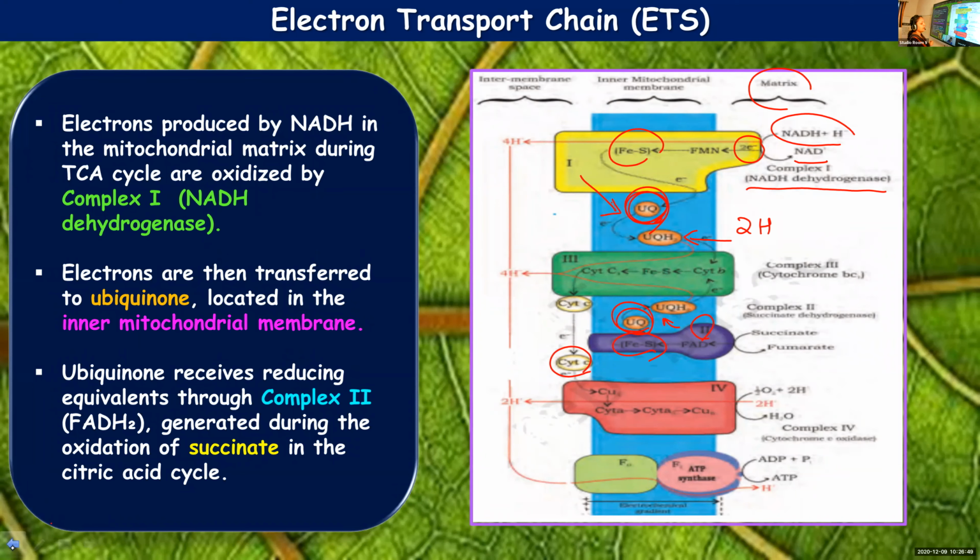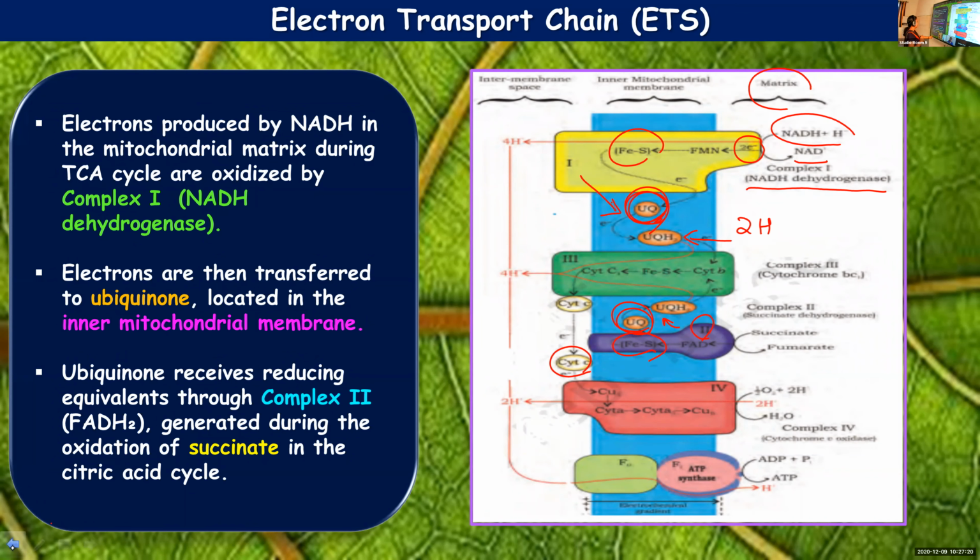Electrons released from FADH2 will be taken up by iron sulfur compounds present in complex 2. And these electrons are also transferred to the common electron acceptor, that is from both complex 1 and 2, ubiquinone. Upon receiving the electrons, they will also accept 2 protons from the mitochondrial matrix and get reduced to ubiquinol. If you haven't understood, not to worry, I'll be repeating it.